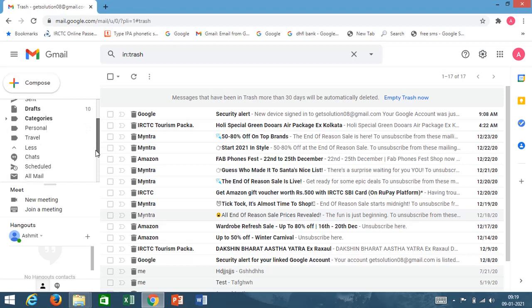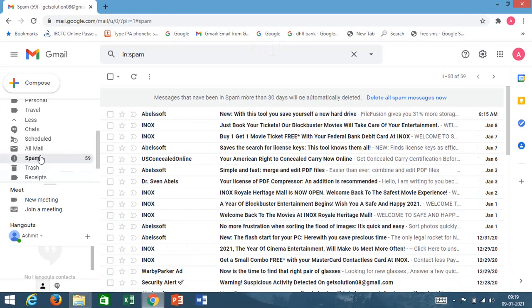Now let me talk about one more, that is spam. Now what is spam? The unwanted email which is sent in bulk by some company or some individual. They might have got our email ID through some mode and they are sending emails which are unknown to us. We have never sent an email to these people, and after they got our email ID, through some platform they are sending these emails to a mass number of people.